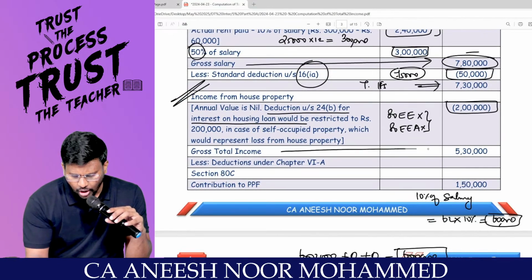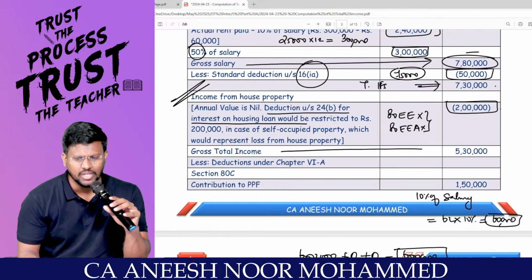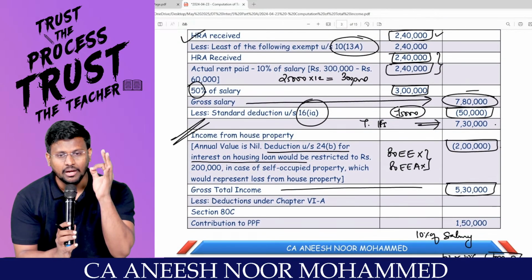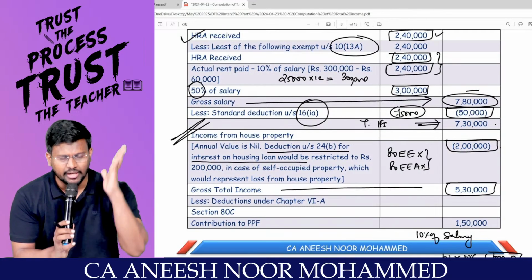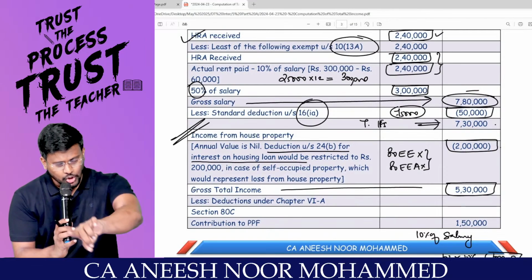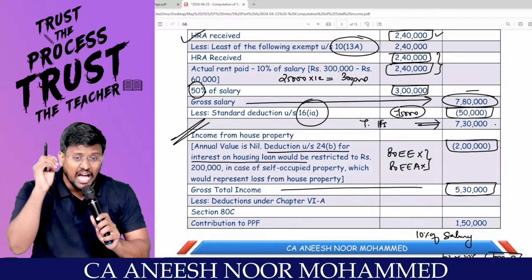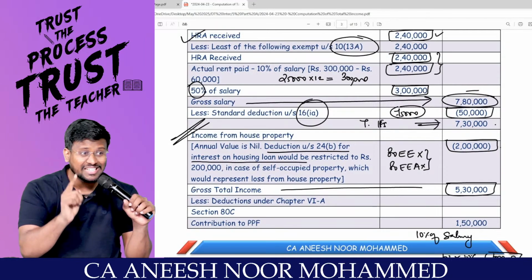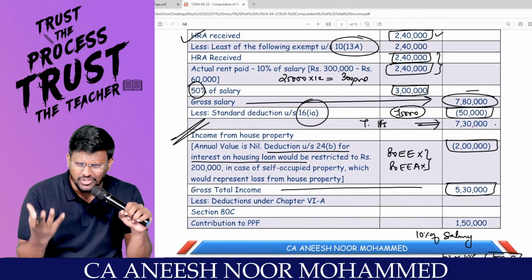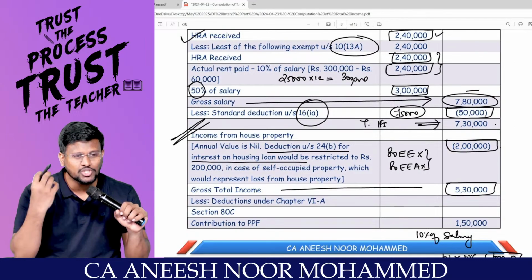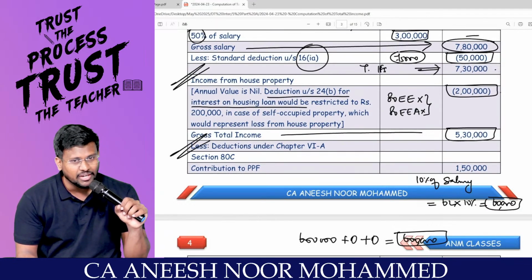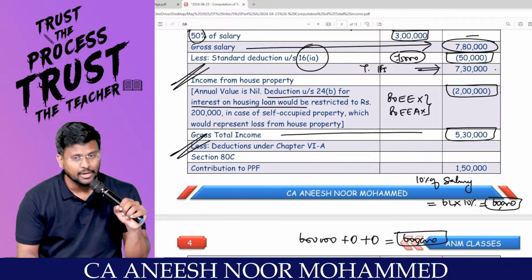That's it. Sir, my gross total income from 7,30,000, I have reduced 2 lakh. I will get 5,30,000. That means I have done inter-head adjustment. That means I have set off the loss of the house property against the income from salary. That is allowed under the optional tax regime, but that is restricted under the default tax regime. Right, sir? What a beautiful question. One question. How much knowledge you should have to solve this question, right? So, my dear lovable students, since I am traveling through the optional tax regime, are you really with me?